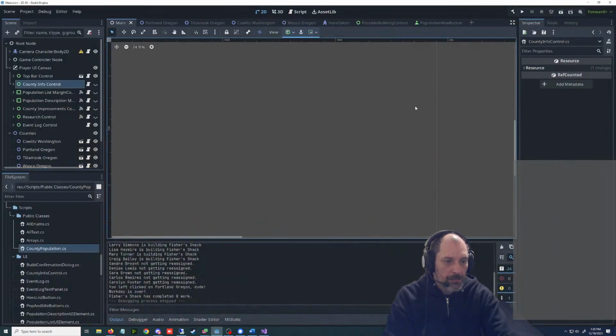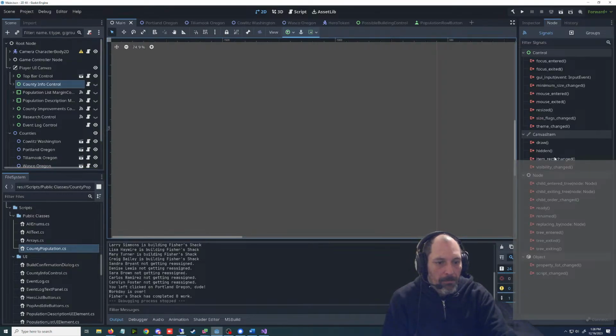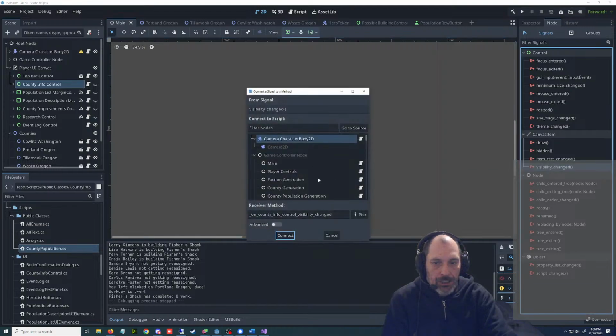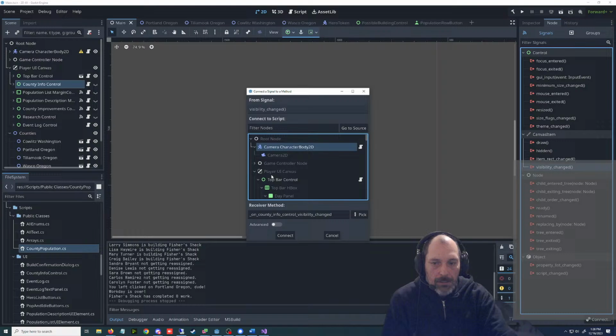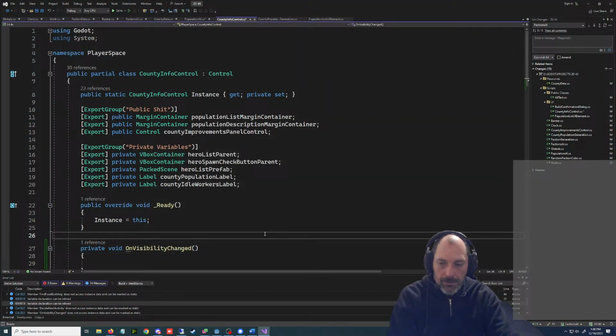I gotta do a signal. Oh, well, that's even worse if you're waiting for visibility changed. And we're going to connect this.